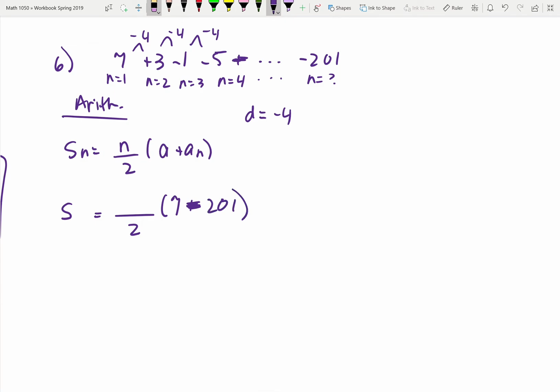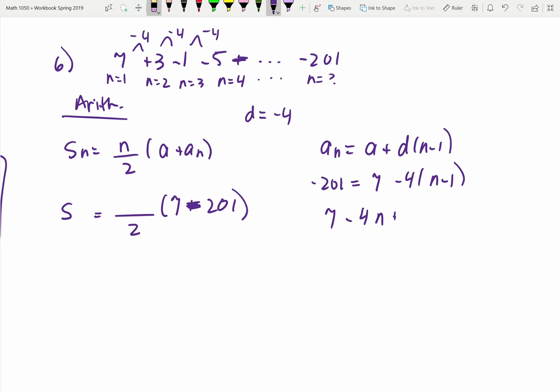Now I have to find my n. How do I find my n? I go to my other formula. So it's a sub n equals a plus d times n minus 1. A sub n is your last term. It's your nth term. A is your first term, which is a 7. Common difference is a -4 times n minus 1. Distribute 7 minus 4n plus 4 equals -201. -4n plus 11 equals -201. Move your 11 over. -4n equals -212 divided by a -4, and you get